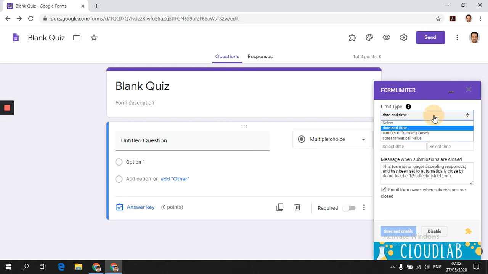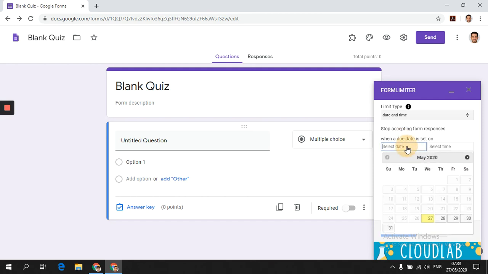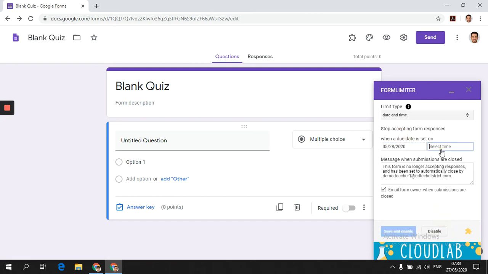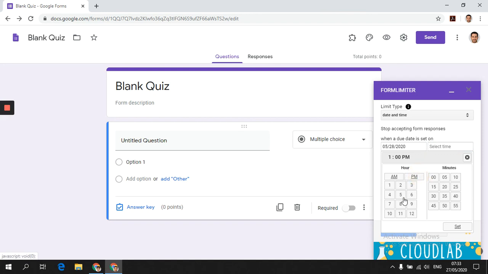We can select the kind of limit that we want to set. So we could set a date and time limit, or a limit in terms of the number of form responses, or a spreadsheet cell value. Now we want to set up a time limit, so we click on Date and Time, and we want to stop accepting form responses when the due date is set on, let's say, tomorrow, and we set it to 5